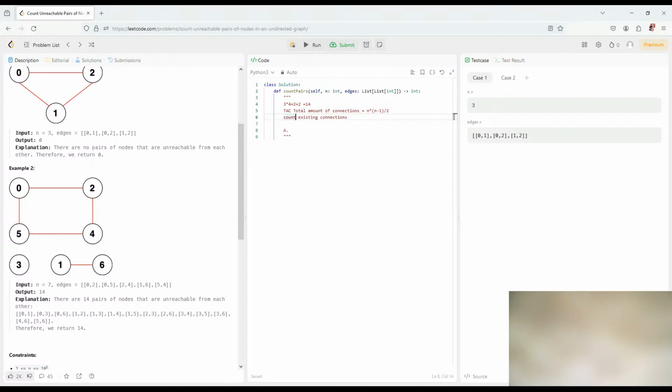Then the total existing connections will be some number, right? We can calculate it. Total existing connections, and our result will be total minus existing. Right? So there are two ways to count